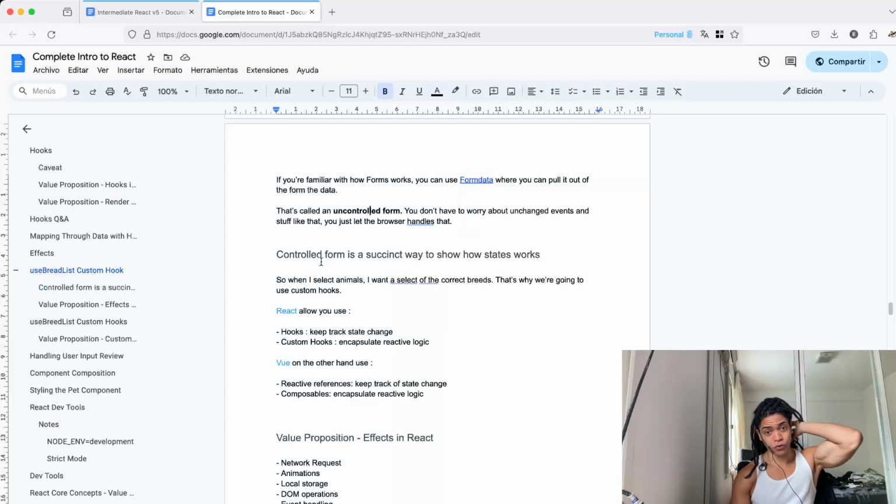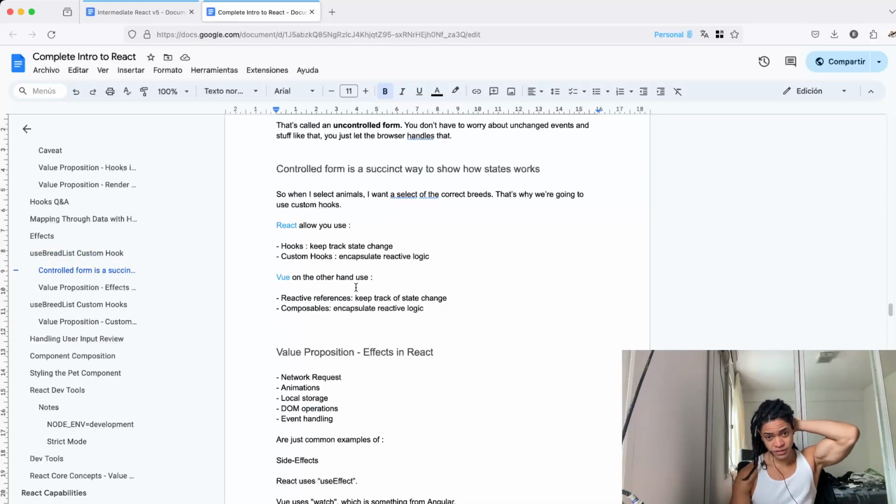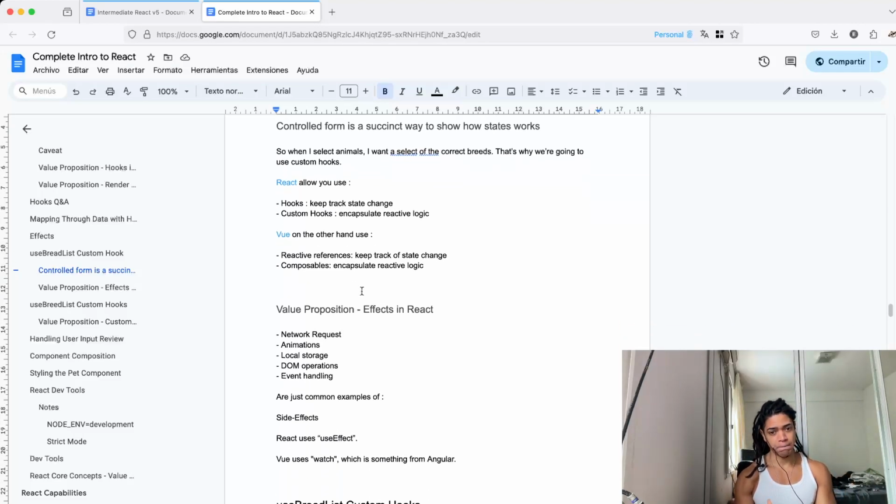Then I also look at a controlled form in a succinct way, which is pretty much using the form API that is built into it. With this, it'll make our life much simpler when it comes to managing data in a form as well as submitting it. There are also libraries that are very helpful, because most of the time, the vast majority of what we're going to do as a software developer is forms or lists. So yes,